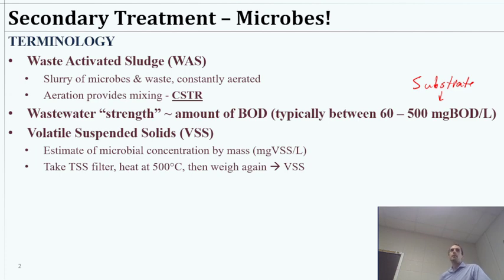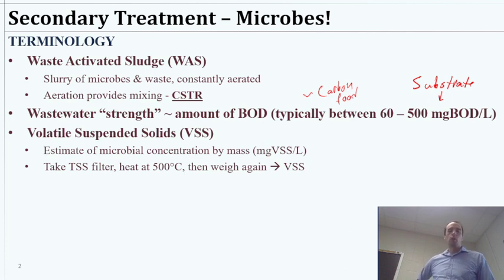We're going to call this our substrate. So on a carbon basis, we often deal with a system like that where we've got a lot of carbon type molecules that are going to supply food and energy for the microbes. That's what we want to get rid of. There is technically an aspect that there's also nitrogen and phosphorus, all that kind of stuff as part of the food, some nutrients that are important. But generally when we're talking about the net strength of the wastewater and the oxygen demand that results, it's on a carbon basis. So this is like carbon food, sort of. If you were to measure total organic carbon, you could probably get a decent correlation from that to how much BOD there would be